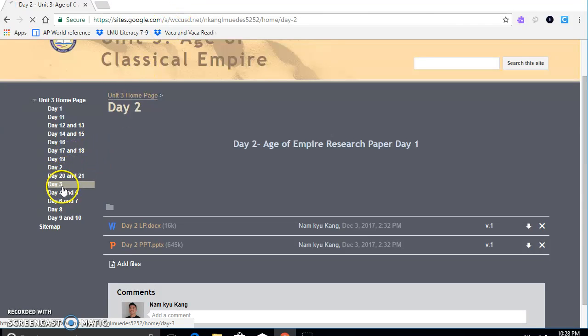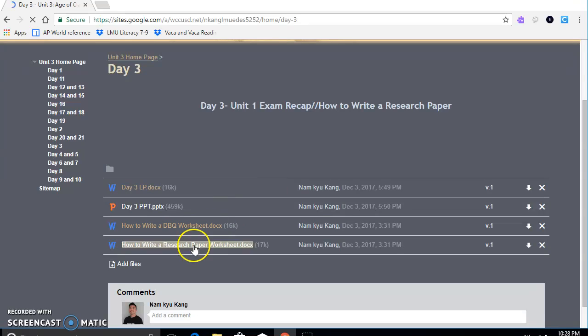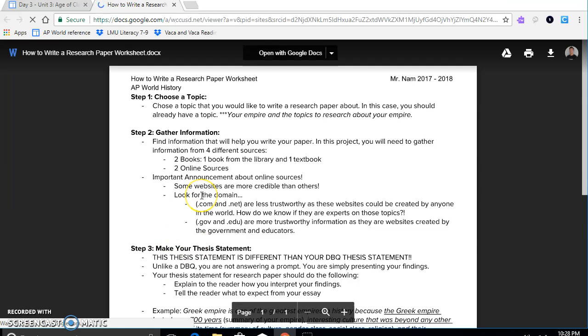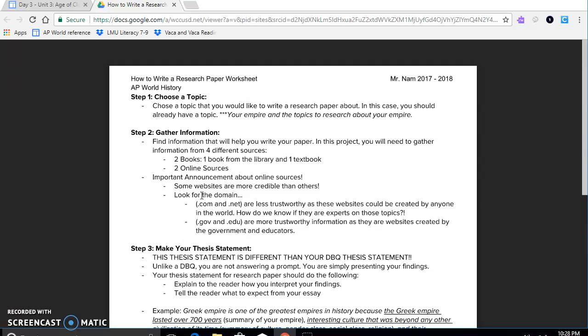Day 3 is quite exciting as they learn how to write a research paper. The highlight of day 3 is to help my students understand why they're writing the research paper. I do go over a little bit on day 1, but my students need to understand that a research paper is a lot like the DBQ they'll be expected to write on their AP exam, which is answering a prompt by forming a thesis and supporting their thesis with evidence from a source. Like in a research paper, they have to use citations and find relevant facts and information to support their thesis, which is exactly what the document-based questions are about.